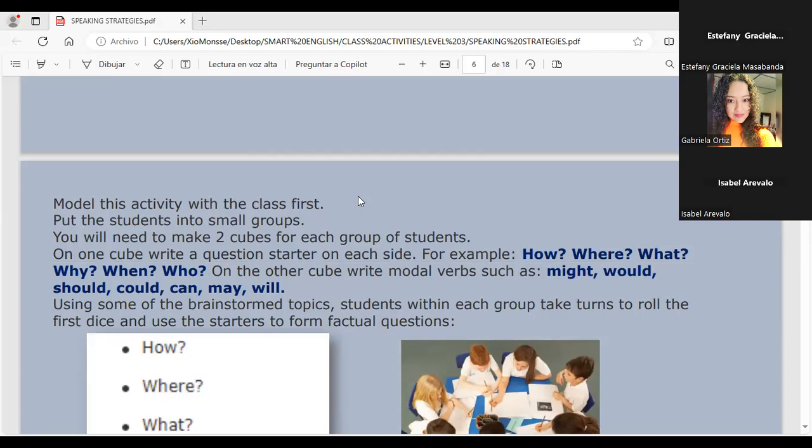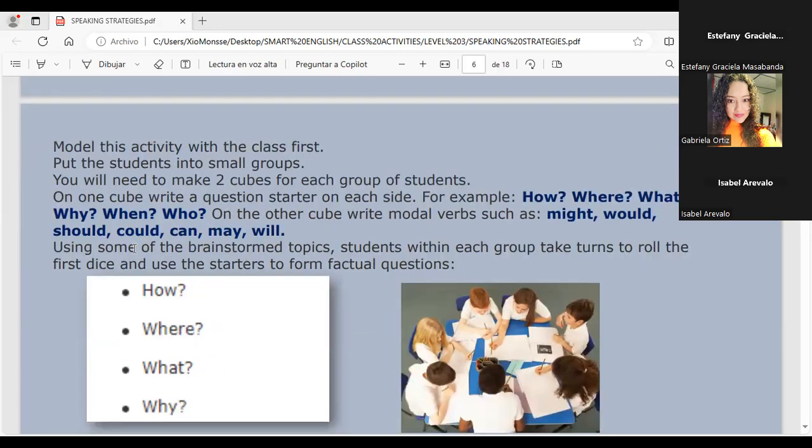Put the students into small groups. You will need to make 2 cubes for each group of students. On one cube, write a question starter on each side, for example how, where, what, why, when. On the other cube, write modal verbs such as might, will, should, could, can, may, and will. Okay, so on one cube you're going to put the questions, on the other cube you're going to put modals, in order that the other group can answer and use the modal